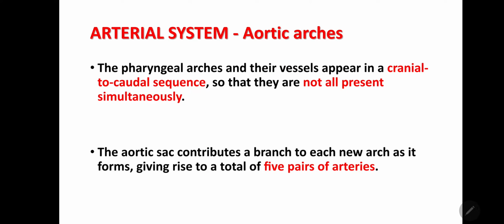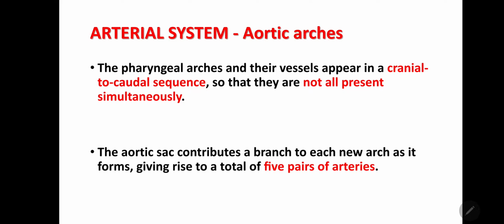And all these pharyngeal arch arteries, what we are seeing in the diagrammatic representation, they are not present at one time simultaneously. They are appearing and degenerating. When the first and second develop, they degenerate. Then third, fourth develop, then sixth develops, fifth develops and degenerates, like that. So these pharyngeal arches and their vessels appear in a cranial to caudal sequence, but they are not present simultaneously. The aortic sac contributes a branch to a new arch as it forms,